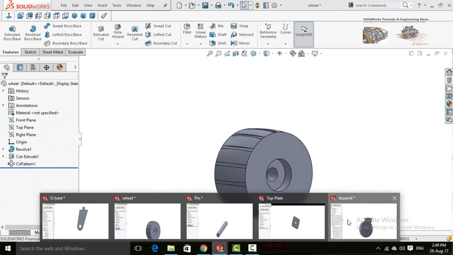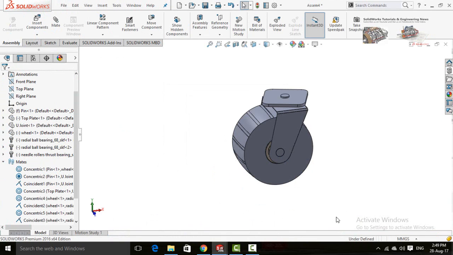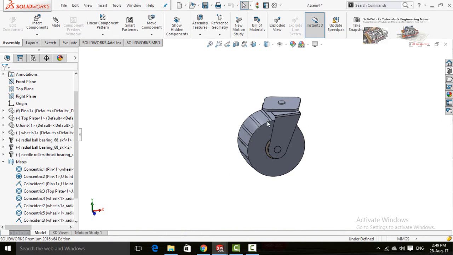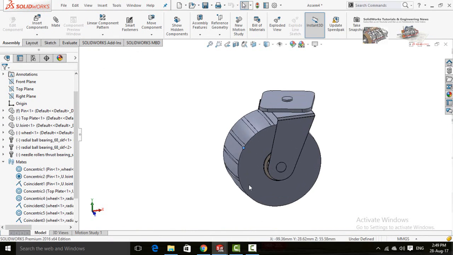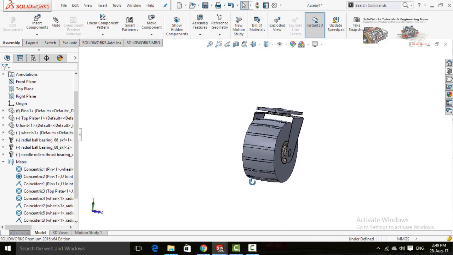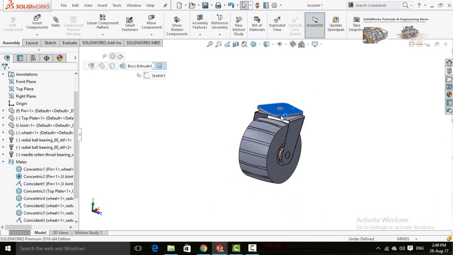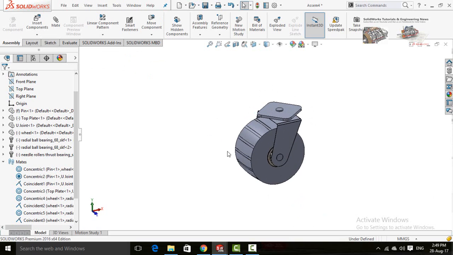Now open the assembly once again. Now rotate it. So it is working. And for this part, it is also working. This part is fixed.